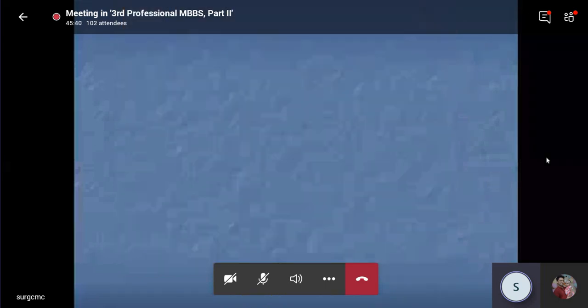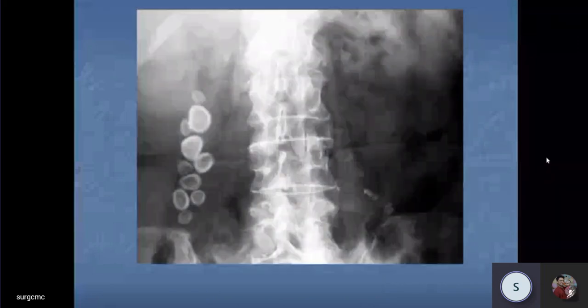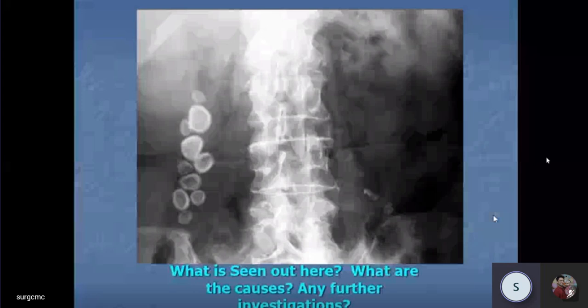Porcelain gallbladder. There are small calcifications within the gallbladder wall. It's a pre-malignant condition. Rarely can the gallbladder be visible in X-rays. But if you are given a plate like this, you are in trouble. What stone is this? You can see a pelvic bone, you can see the vertebrae, you can see some radio opaque rounded stuff on the right side, and from this plate only. So, what extra investigation can I suggest on this?